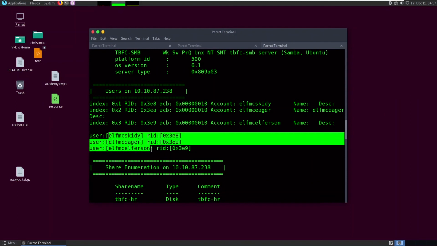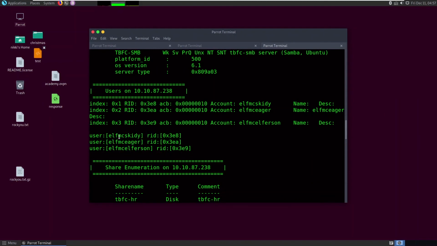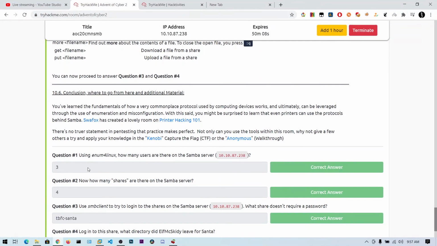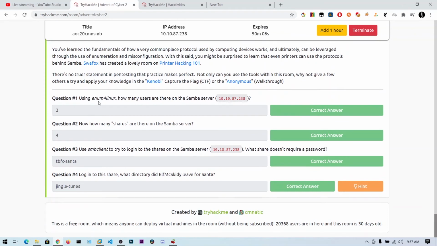These three are the users present on the computer. You can see Mexkitty, Elfmceager, and Elfmcskidy. So there are three users. Now just type in 3, and that is the answer for the first question.